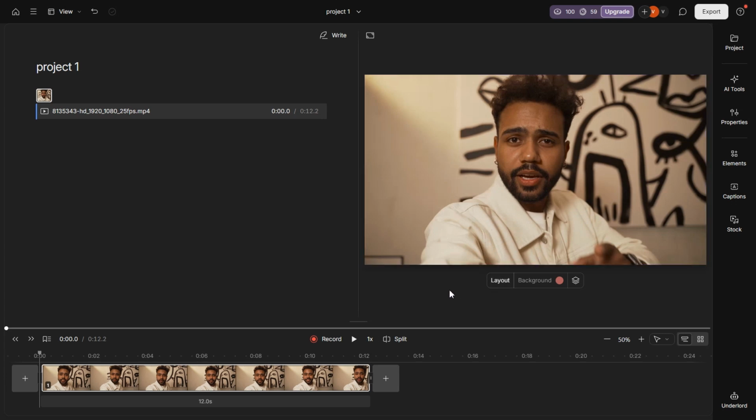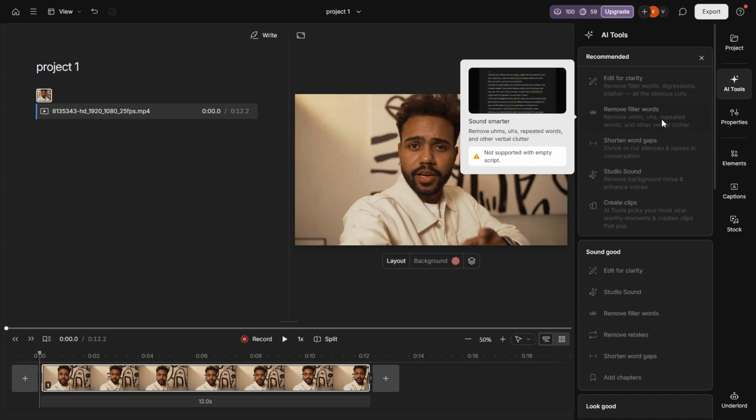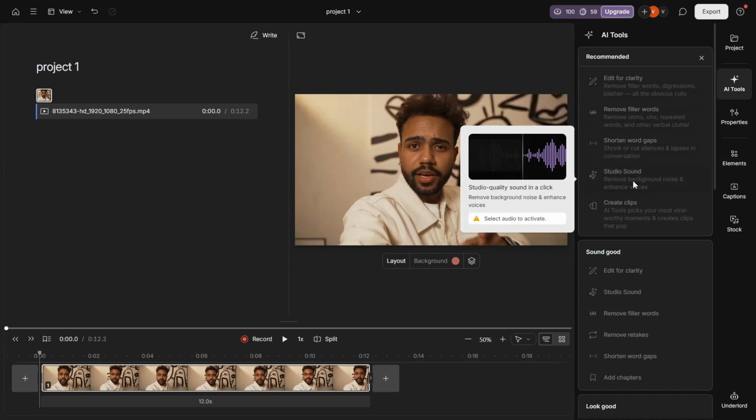As soon as you upload your video, Descript automatically generates a transcript, and that's where all the editing magic happens. Here, you can edit your video just by editing the text. For example, if you delete a word or sentence from the transcript, that part of the video is removed automatically. You'll also find a variety of AI-powered tools on the right panel. These include remove filler words like um and studio sound for cleaning up your voice, and overdub for AI voice generation